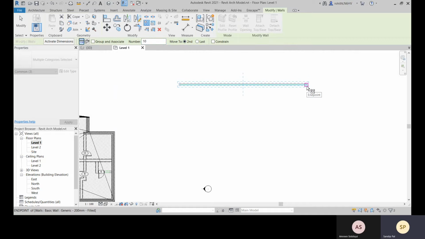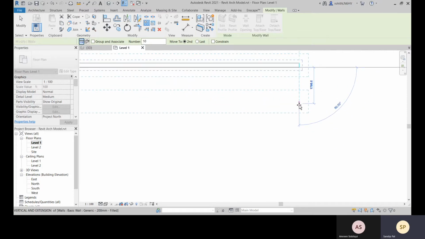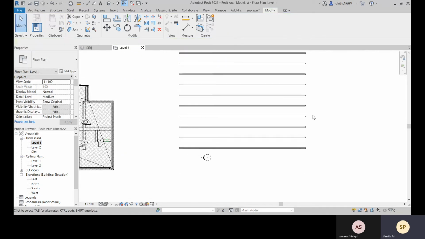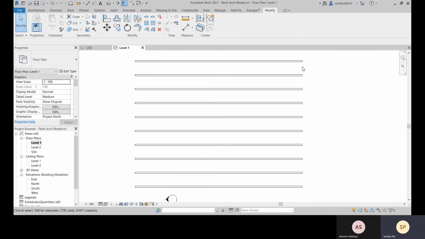This is the first point, and then from the second, I'll mention 2000, and all the 10 duplicate arrayed objects have the same distance which I have mentioned for the second object. So whatever the gap is from here to here, it will be the same gap till the last object.